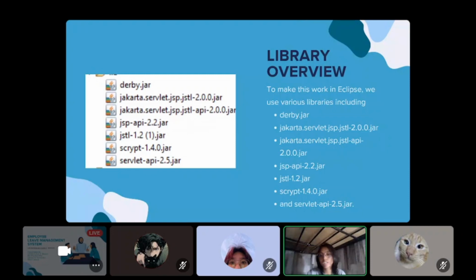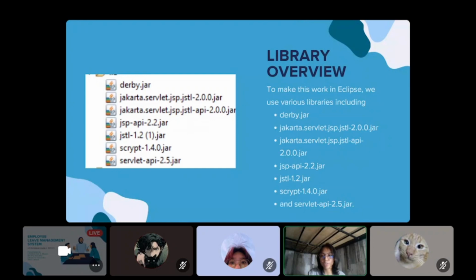Next, Jakarta Servlet JSP JSTL provides the implementation for the JSP standard tag library, or also known as JSTL, enabling the use of predefined tags to manipulate common tasks like iteration and conditionals in JSP. Next, Jakarta Servlet JSP JSTL API contains the API specifications for JSTL, defining the contract that implementation must follow.